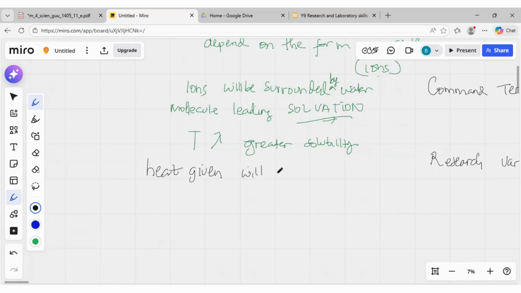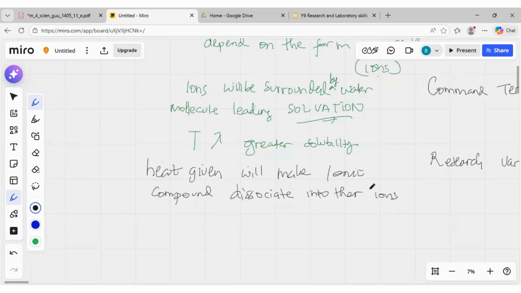will make any compound dissociate. Dissociate is to break down, or you can separate them into their ions. Dissociate into their ions. Okay, so I think now